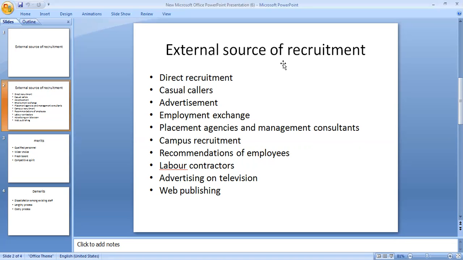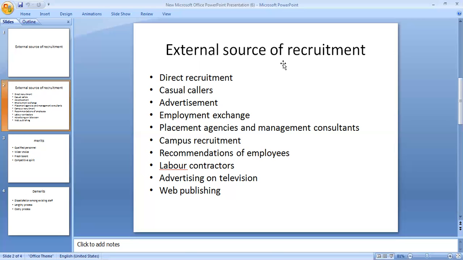You bring in fresh blood, in the sense of new blood, into the organization. You're not going to look only at the old employees working within the organization. You're going to gather those who are really talented and skilled from outside. So this is what you call external source of recruitment. When an enterprise is interested in getting candidates from outside, it selects them through different methods. After discussing all these methods, let me get into the merits and demerits of external source of recruitment. So now let me start with the different methods.